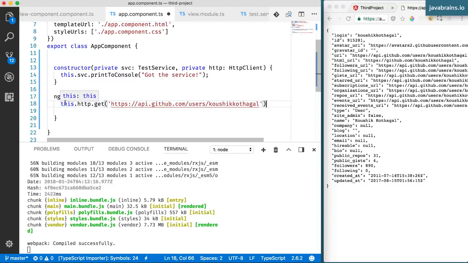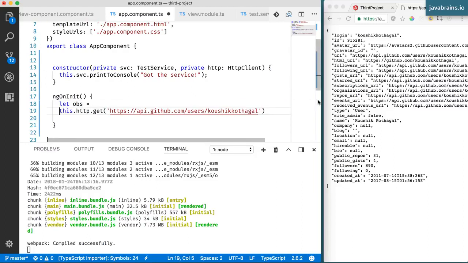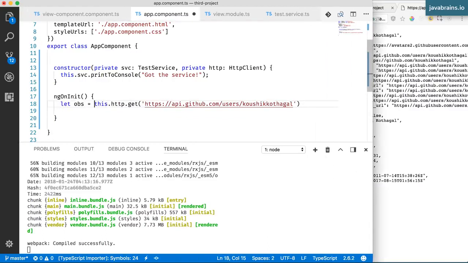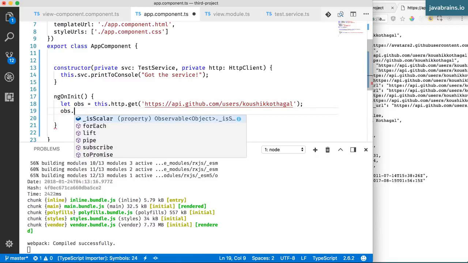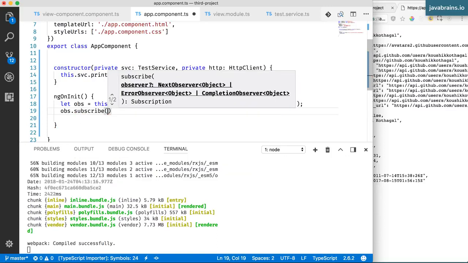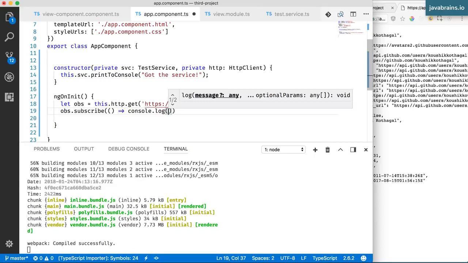And the way to hand that function over is, let me make this OBS equals. So what you're going to get back here is an observable. You're not going to get back the actual result. Let me expand this so that you can see this in one line. But you can hand this observable object your function and say, hey, OBS, execute this function when you're done. The way to do this is by doing obs.subscribe, and then you give it your function. I'm going to use the fat arrow function here and say console.log